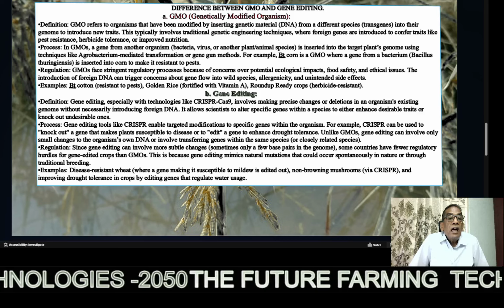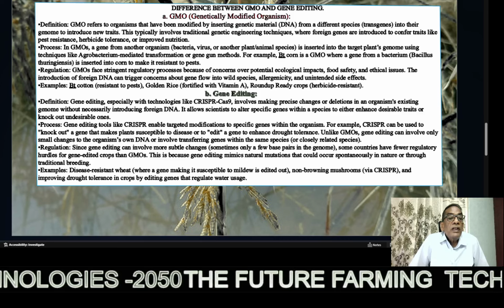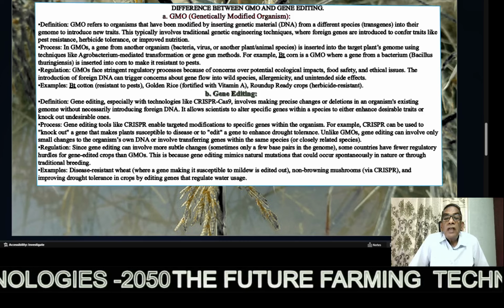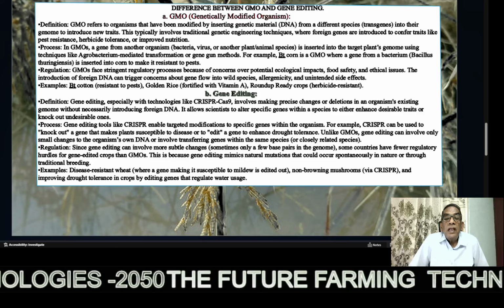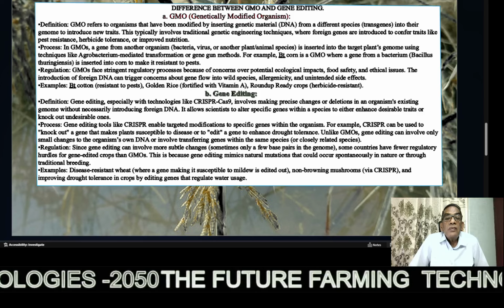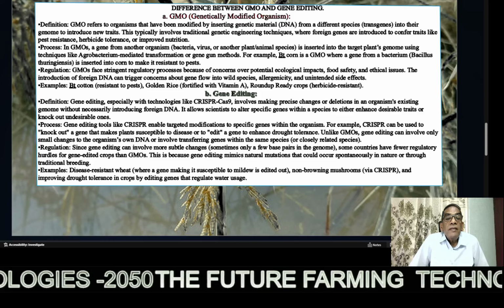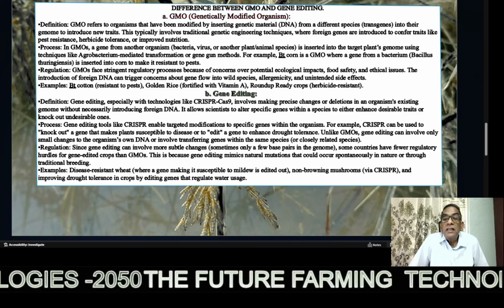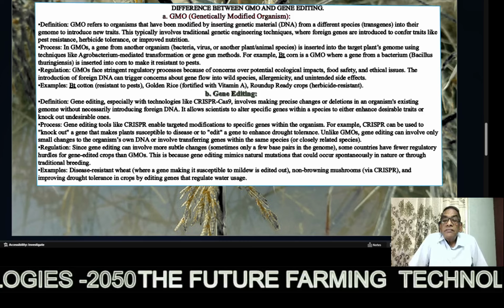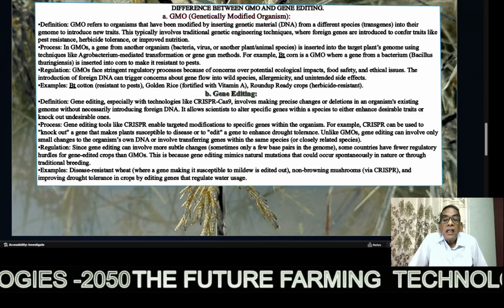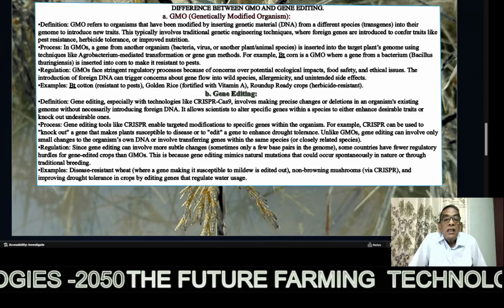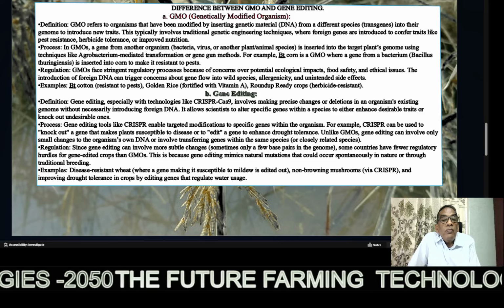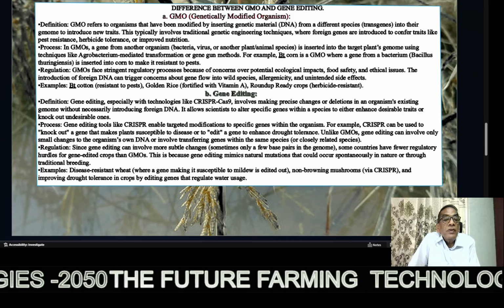Unlike GMOs, gene editing can involve only small changes to the organism's own DNA, or involve transferring a gene within the same species or closely related species. What is the regulation? Since gene editing can involve more specific changes, sometimes only a few base pairs of the genome,